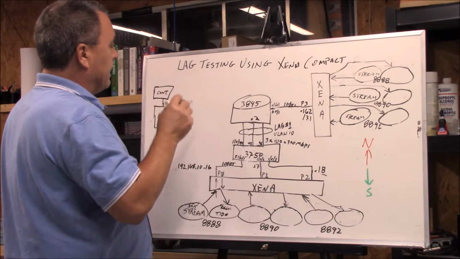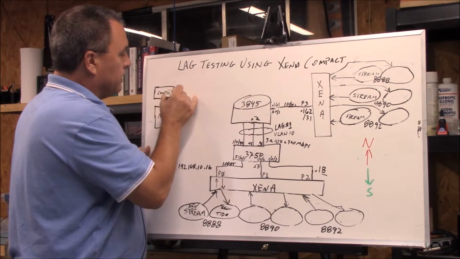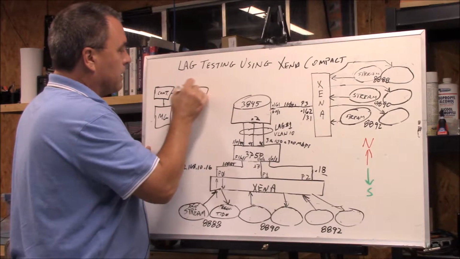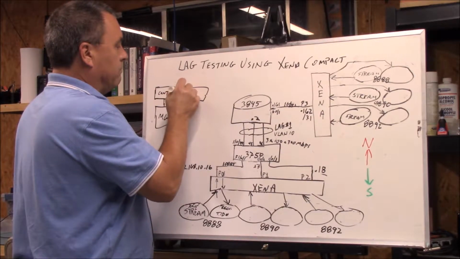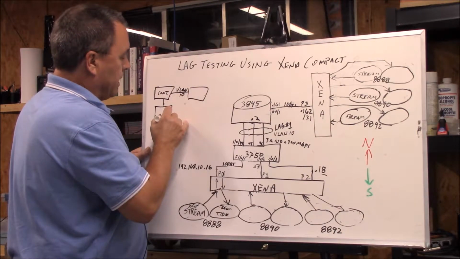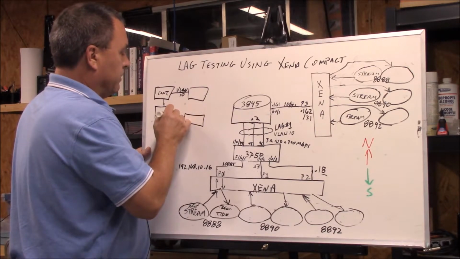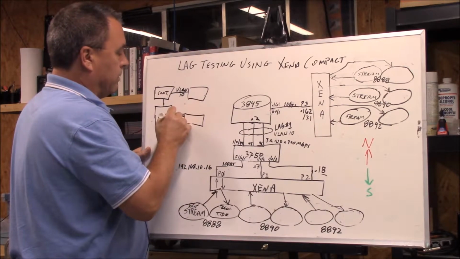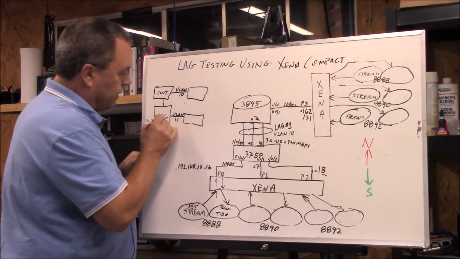What you're going to find a lot of times is the controller will be in one network, let's say VLAN, I don't know, 10, and all the RTP traffic will be in another network, say VLAN 11. And so if you're getting one-way